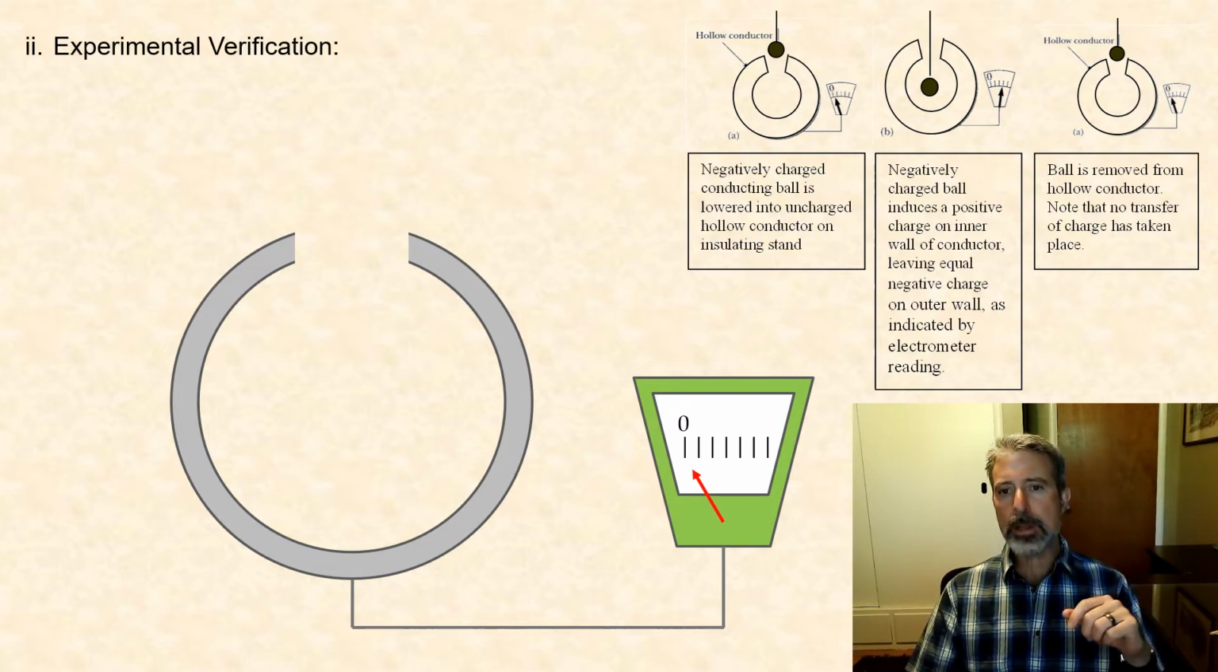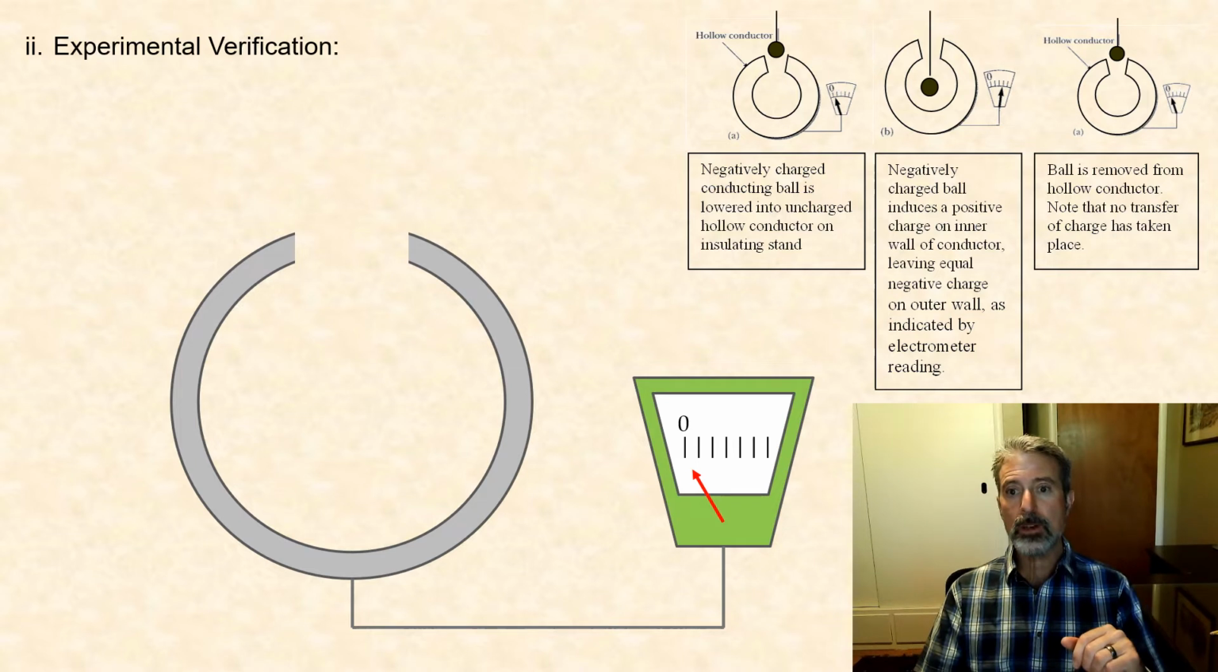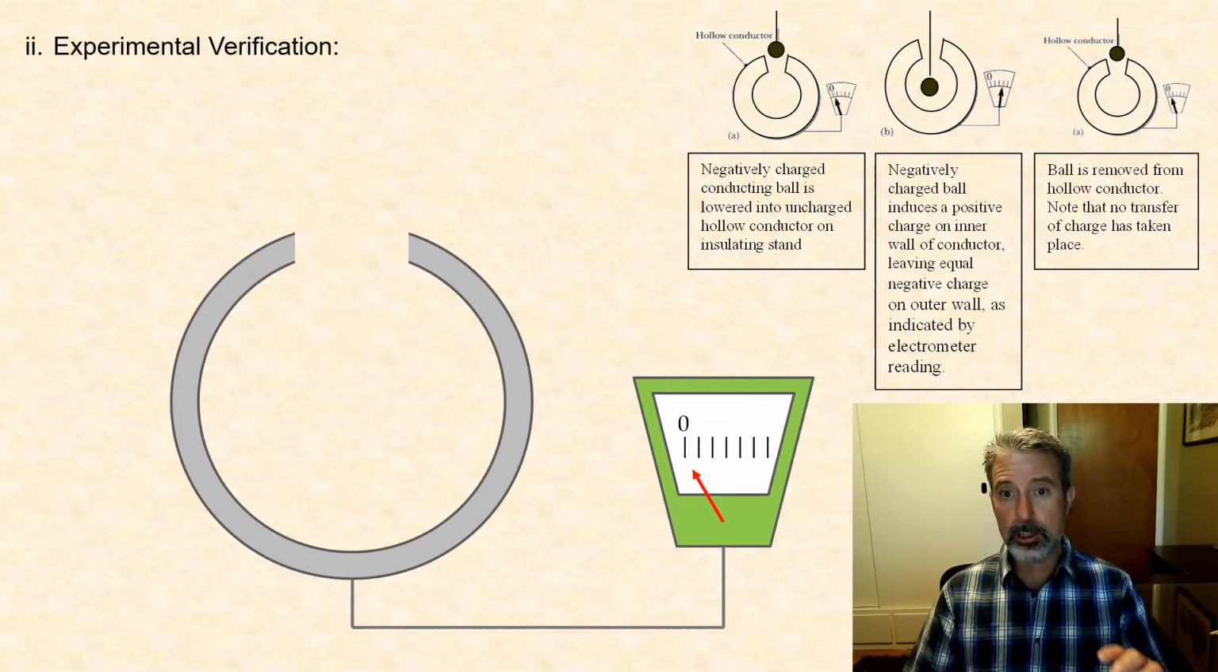If we can assume that an equal and opposite charge that exists on this ball is induced on the outer surface of the conductor. Remember what we're doing here is placing a charged ball inside of this conducting cavity. And if we can assume that whatever the charge is on that ball, an equal charge is induced on the outer surface of that conductor, and that's what the electrometer reading is going to show us,